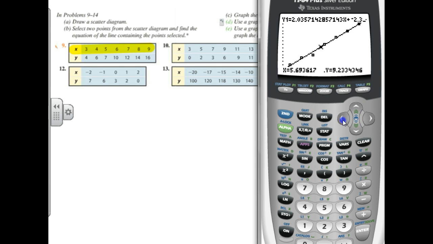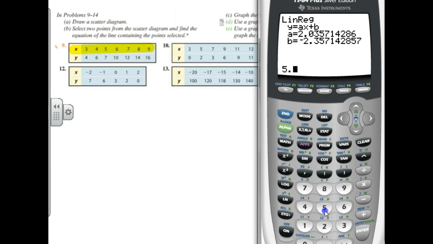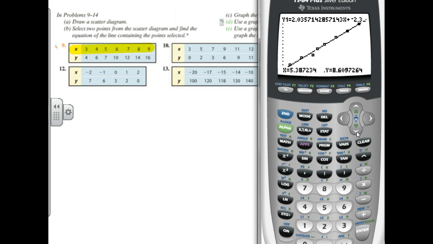Now I'm actually on the line. And so now all I have to do is hit the trace button, and I can trace, what did we say, 5.5? So I'll go back, trace, arrow down, 5.5,